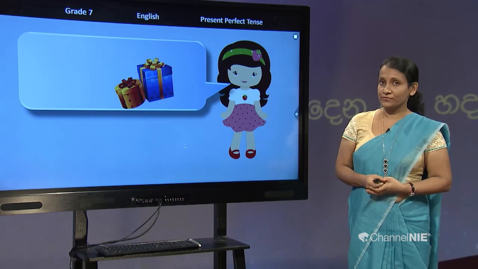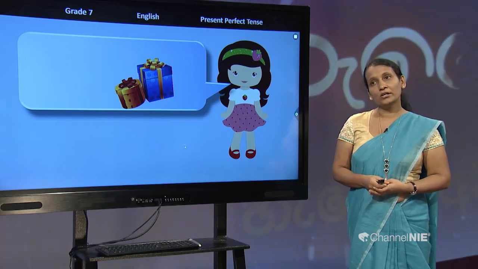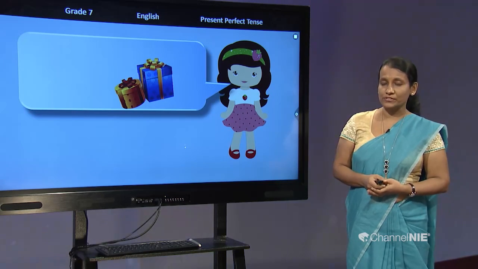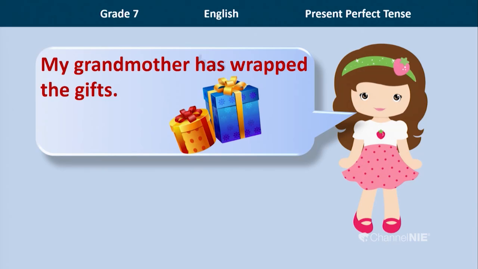There are some gifts. What has Tenuli got to tell about these gifts? We'll see. My grandmother has wrapped the gifts. What is the subject, Niranji? My grandmother is the subject and the verb is has wrapped. Okay children. Now we went through 4 sentences,